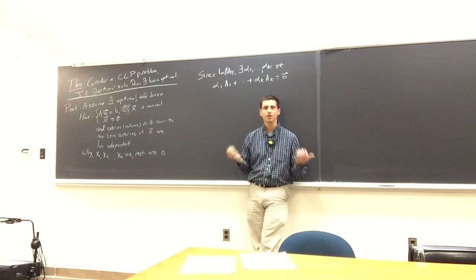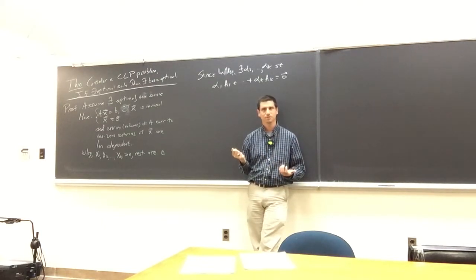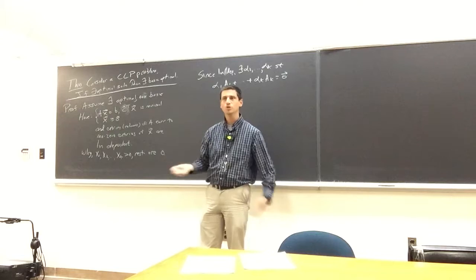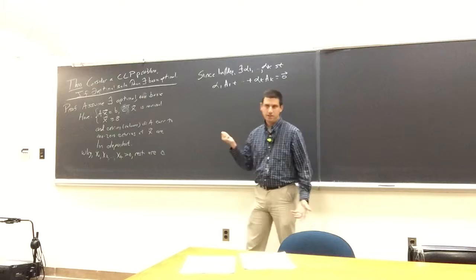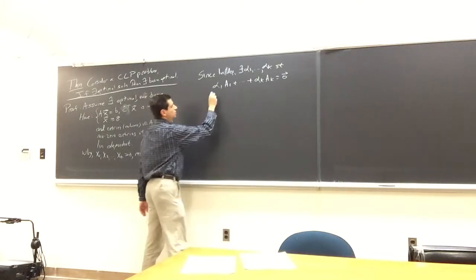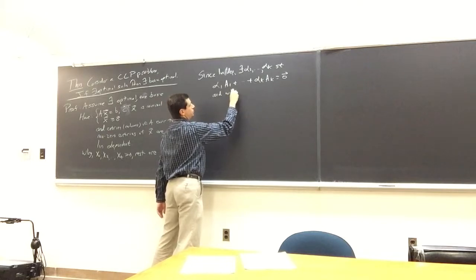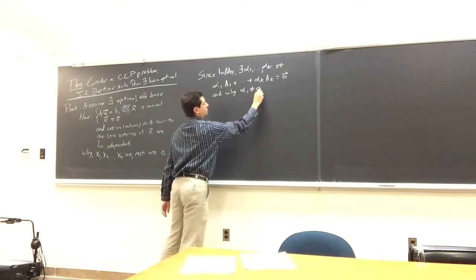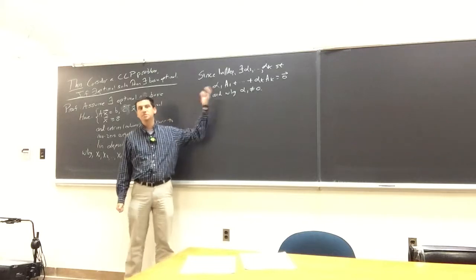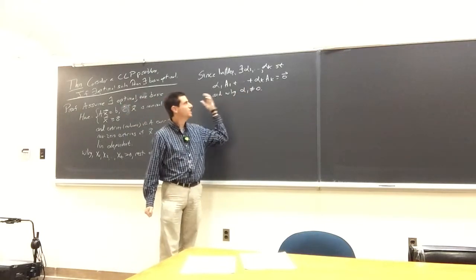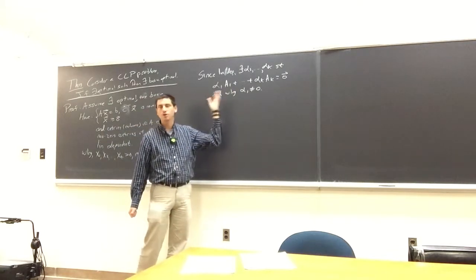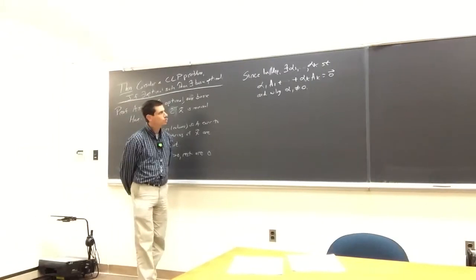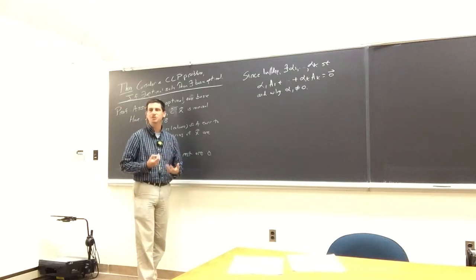So in particular, if not all the alphas are 0, what can we assume without loss of generality? Yes? The first one. Yeah, without loss of generality, alpha 1 does not equal 0. Because when we have a linear dependence, we're not going to, of course, consider 0 a1 plus 0 a2. Linear dependence means the linear combination where they're not all 0. We'll also assume that we don't have a column that's all zeros, because if we have a column that's all zeros, that variable has nothing to do with the problem.